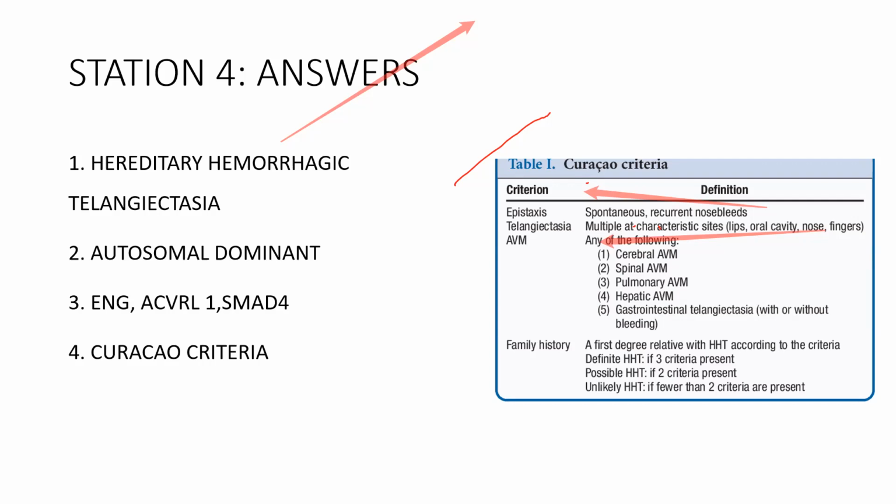And there will be a family history, a first degree relative with hereditary hemorrhagic telangiectasia according to the criteria. Definite hereditary hemorrhagic telangiectasia is there if 3 criteria are present, possible if 2 are present, and unlikely if fewer than 2 criteria. And this is a disease which is transmitted via the autosomal dominant pattern, and there are major genetic abnormalities which include ENG and ACVRL1. You go through all these genetic mutations of the commonest